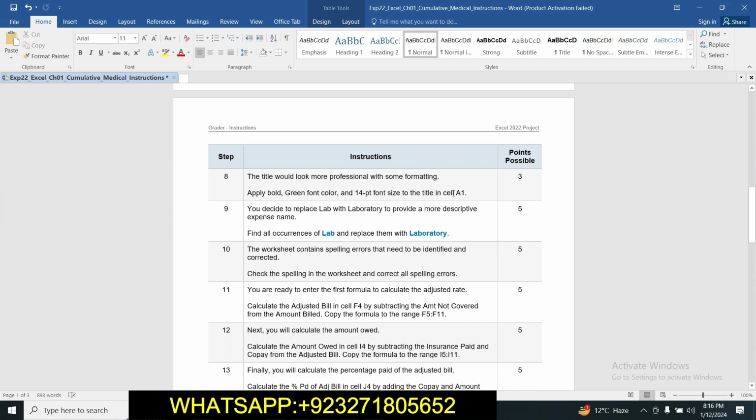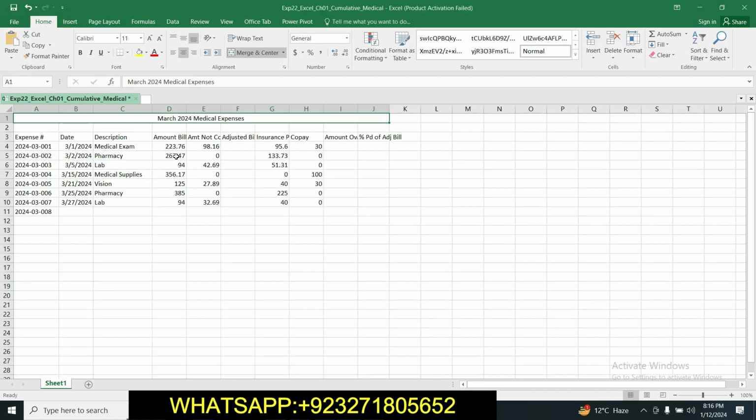Now move to the next step, that is step number 8. Step number 8 is basically about how the title will look more professional with some formatting. Apply bold, green font color and 14 points font size to the title in cell A1. Now we are going to format the title that we set in step number 7. Apply bold green font color. We will bold the title